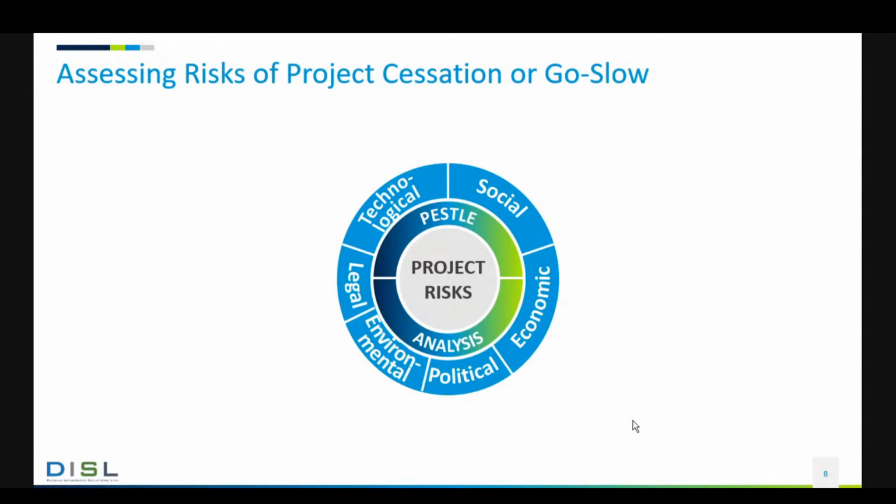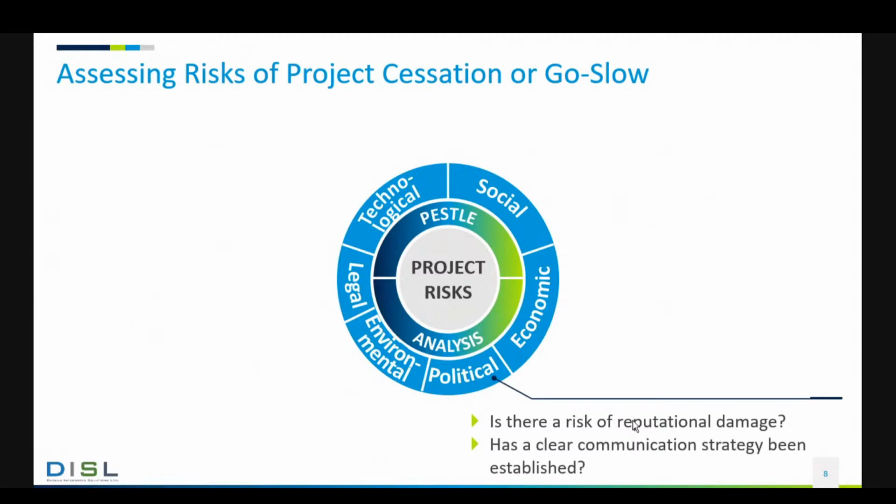If you're looking at your political factors, one of the first things you want to look at is the risk of reputational damage if you have to put a complete hold or slow down in your project activity. What is the risk to your brand, to the reputation of your company? In dealing with this area, one of the first things you want to do is make sure that you have a clear, very differentiated communication strategy for dealing with both your customers and the wider public at large,